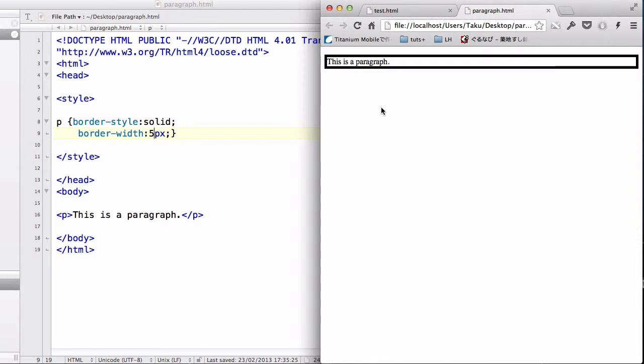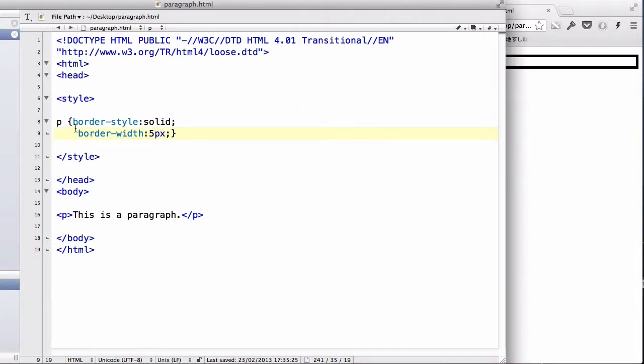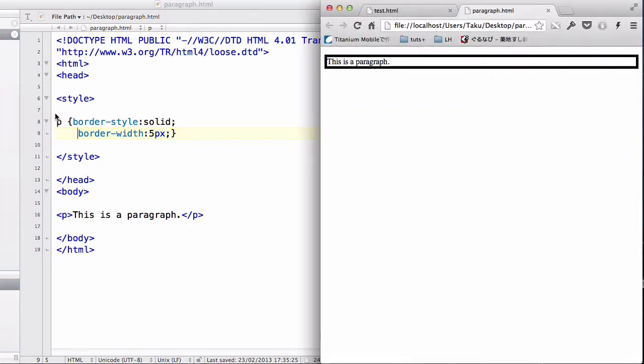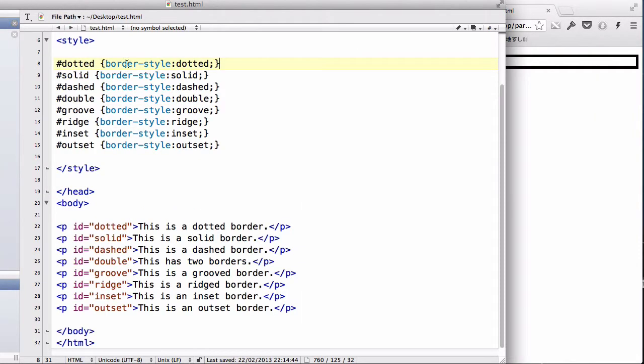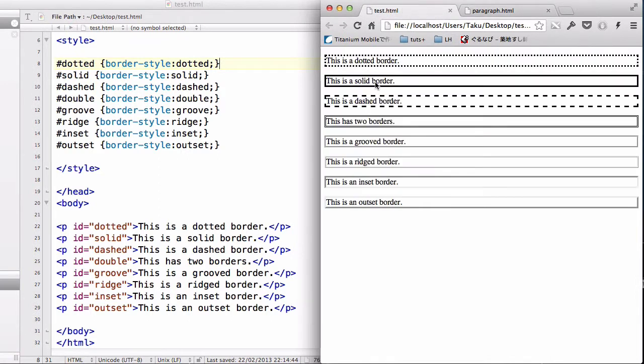Bang, that's alright, isn't it? Yeah. So we could use the border width property to change the width of the border. Now the border style doesn't have to be solid, it could be anything. For example, if you go back to our various examples of the borders, let's change it to dotted, because it's